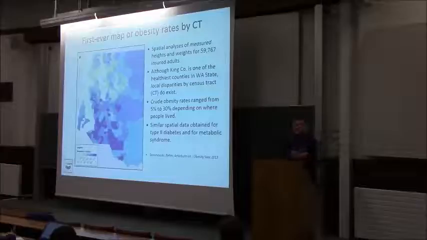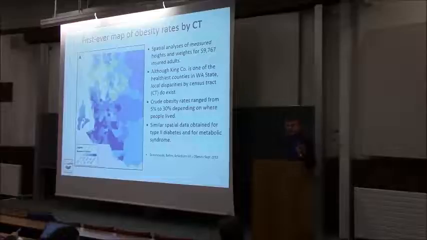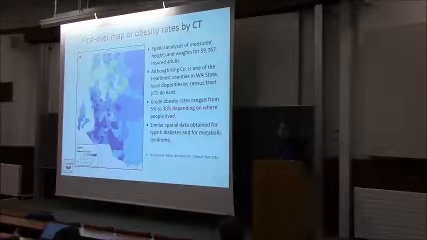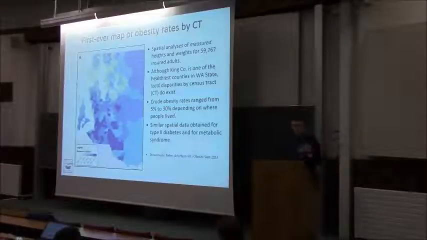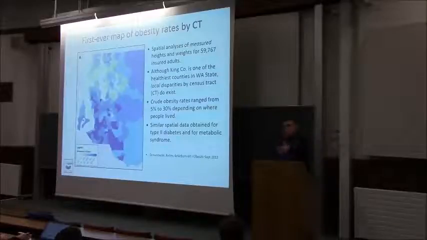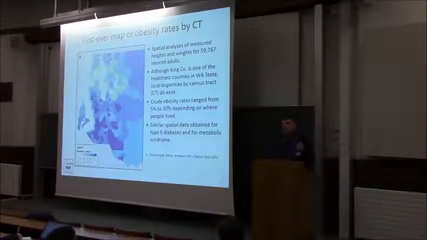But for example, this is a map of obesity rates by census tract, which you will see tracks completely the deprivation map that we had earlier. Again, you see that there is very little obesity in the waterfront estates by Lake Washington, and most of the obesity is down in South County, which is poor. And so even though King County is supposed to be one of the healthiest counties in Washington State, there are huge within-county disparities in obesity rates, which are in the order of 600%,